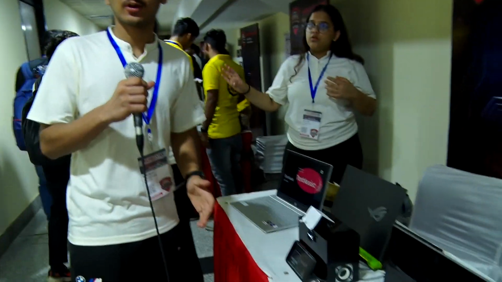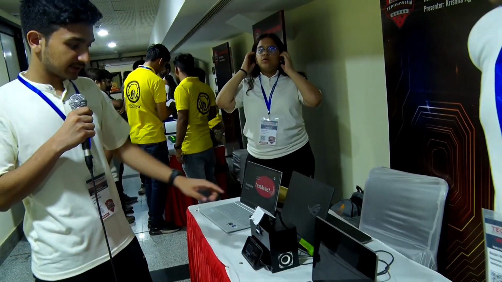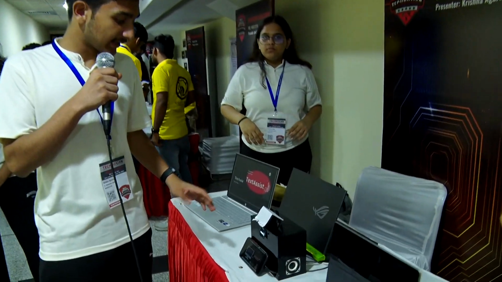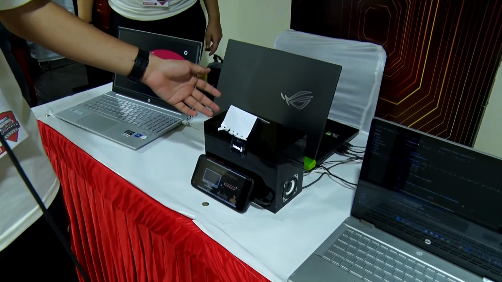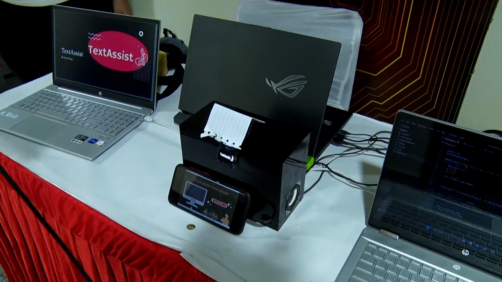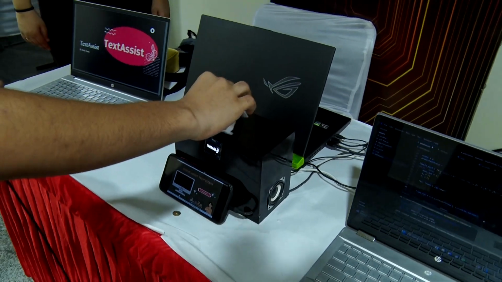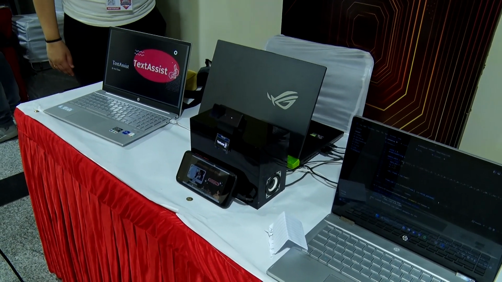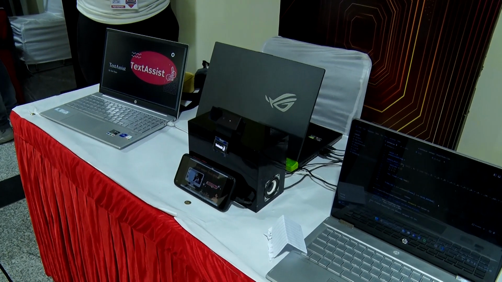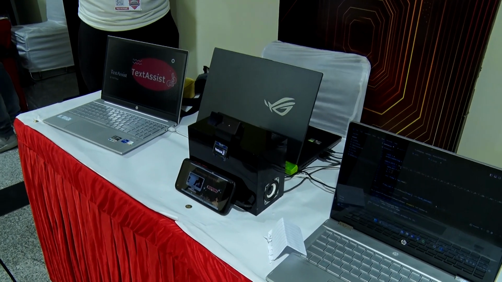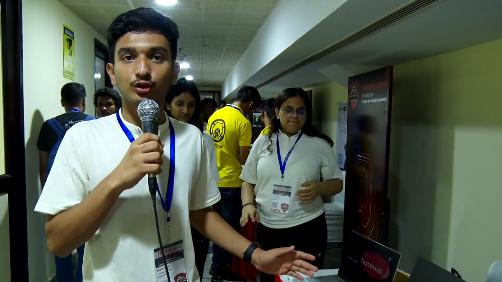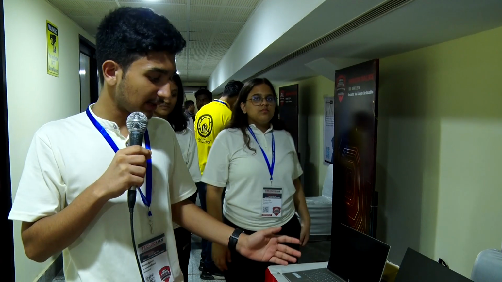So this is the main model. This is the camera which identifies the sign, and there are speakers in this model which will tell you what sign it is. So suppose this is a sign for hello, and if I show hello, yeah. Same way, right now, this program is programmed to show 15 signs, and to program it for